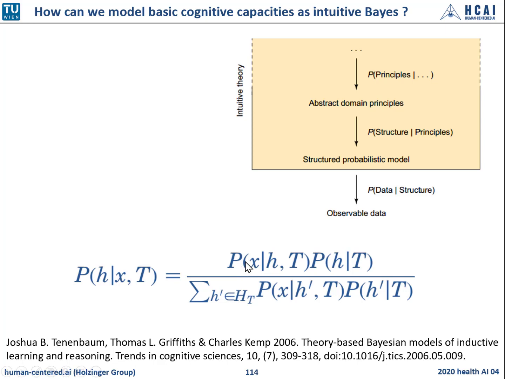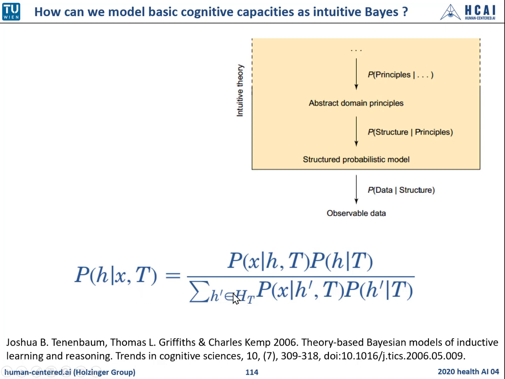Again, yes, I know we should say Bayes. I know we say Bayes. This is modeling of gesunder Hausverstand, I would say. So we all do this all the time. You have a hypothesis H about the world, for example. So you have this hypothesis about the world around you, or a cause. You have given observed data X, and you have a background theory about that, call it T. T, this can be your set of expectations. Please remember what we discussed on the model of Wickens in the first lecture.